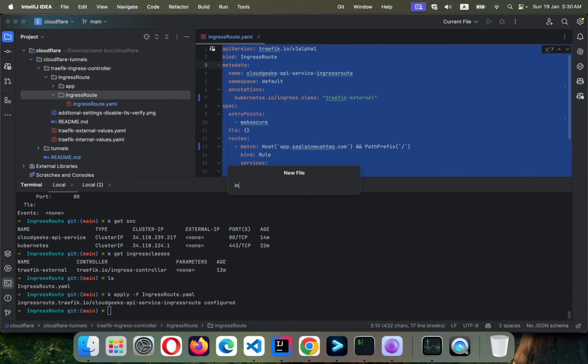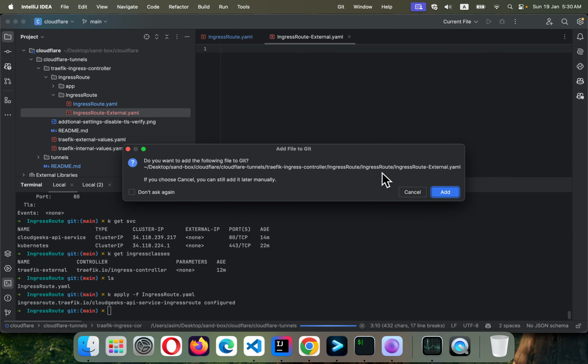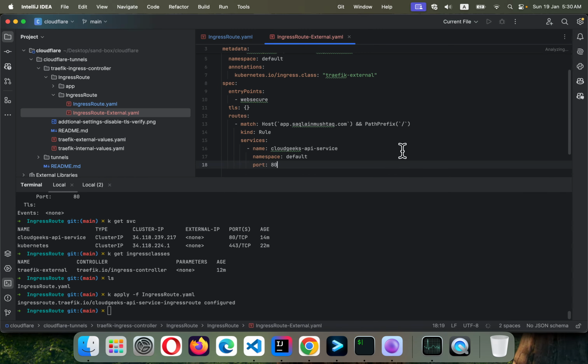So I'm going to call this ingress route external, which is what we are actually using. That's a good thing, we created an external load balancer, and let's see what we are doing here. So simply, guys, I'm going to use a different name. Let's call this one DevOps, right? And what I'm going to do